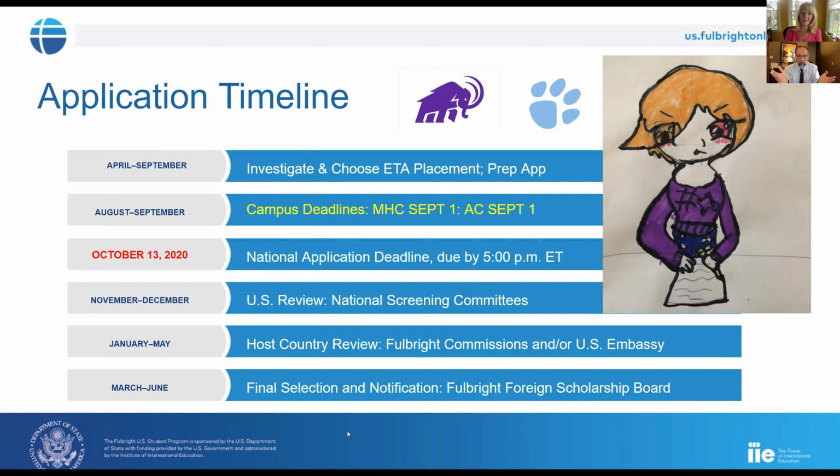In all the ETA panels I've observed, these are volunteer faculty members from around the country who will be reviewing these grants first. They're not experts in the country or the language, but they are teachers of teachers. So hitting those application deadlines first can be helpful for you.